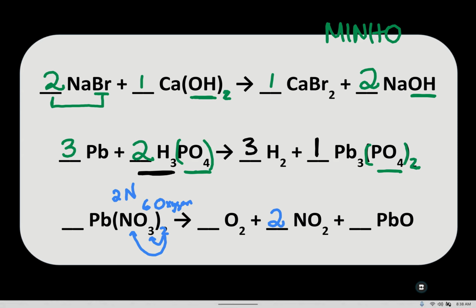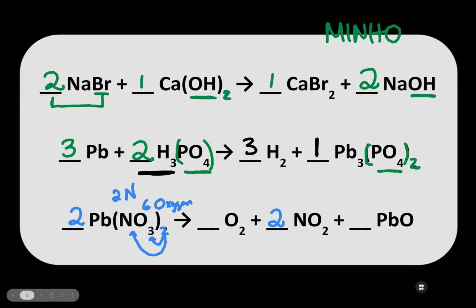All right. If I look at my product side, I have a total of 2 plus 4 plus 1. So that right now I have 7 oxygens here. So that's not going to work out too well for now. So maybe we can figure out what we can manipulate easily. We haven't looked at the lead in a while, so let's look at that. So it's kind of trial and error now. So if I change my lead to 2, and I'll put a 2 over here as well for my